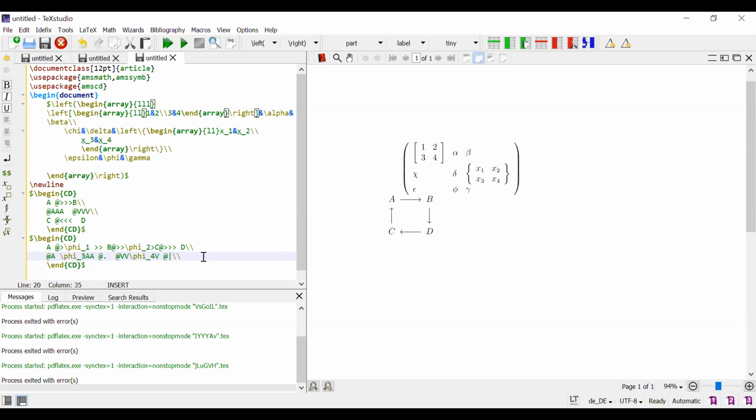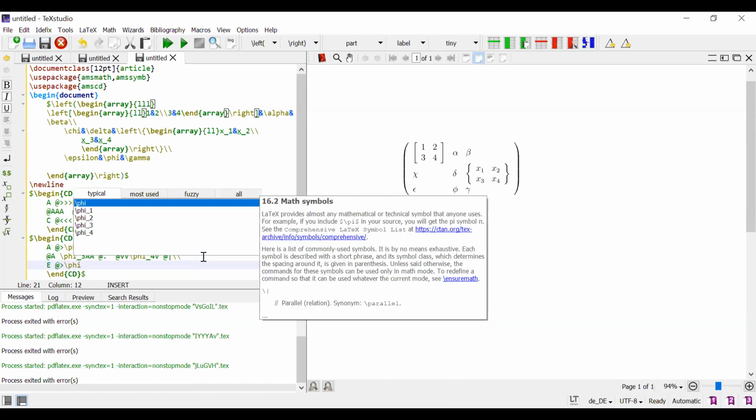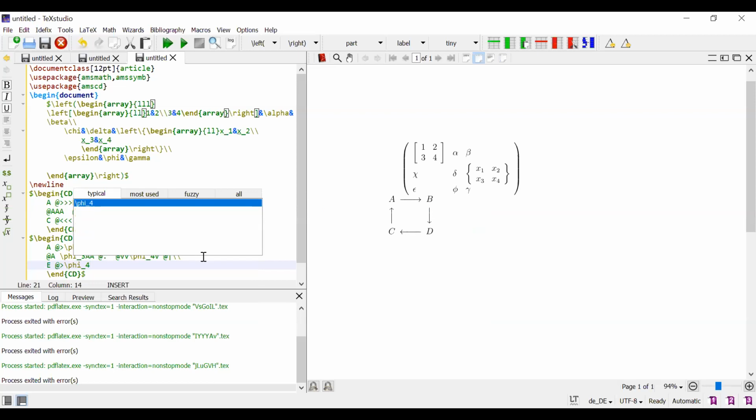Good. Next one. Next E, space, add symbol 1. E goes to this thing. So E slash phi slash 4 double arrow, to G. F, there is no label.